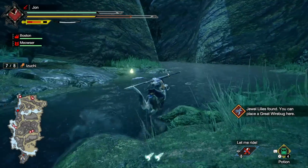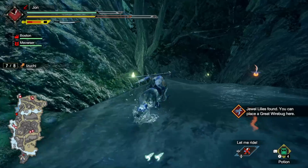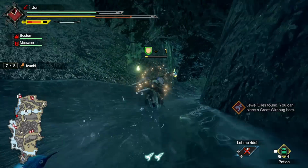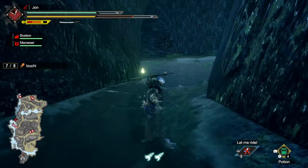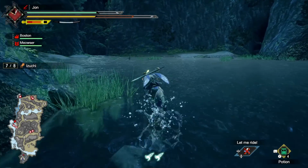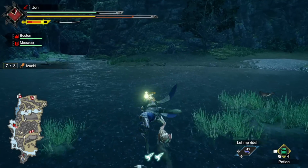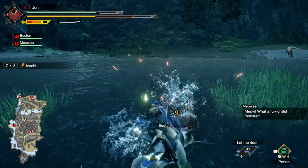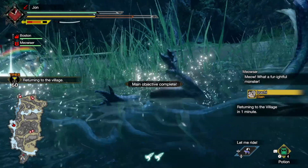Rise runs on RE Engine, which also powers Resident Evil 7, and Village, and 4 Remake, and 2 Remake, and 3 Remake, and Street Fighter 6. And while the visual fidelity isn't quite the level of those games, it is made with the Switch in mind. There are no compromises here. It's such a good-looking game in both its visual clarity and its performance. Merge all that with just a beautiful art style, and a dog, and Rise is one of the best-looking games